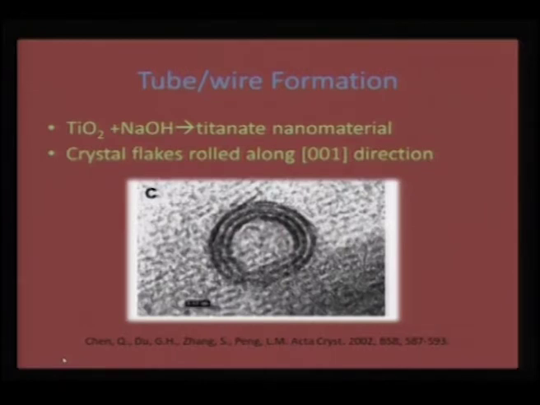Again, there are other useful insights that we can draw from the hydrothermal process. For example, this is a TEM graph which clearly shows that TiO2 wires or tubes can be formed. So, this is the way we do it. Take TiO2, dissolve it in sodium hydroxide under hydrothermal conditions. Actually, the crystals get rolled up into a tube or into a